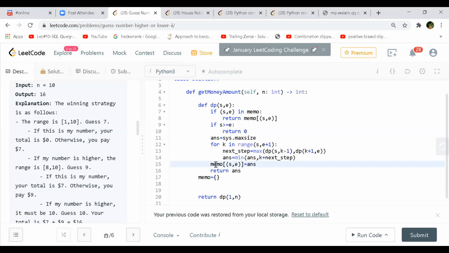For the k part, we are dividing the left side and the right side and removing k out of this search space. If you look at line 13, we go from s to k minus 1 and k plus 1 to e. So k will be just a penalty. That is the only difference from the egg drop problem.